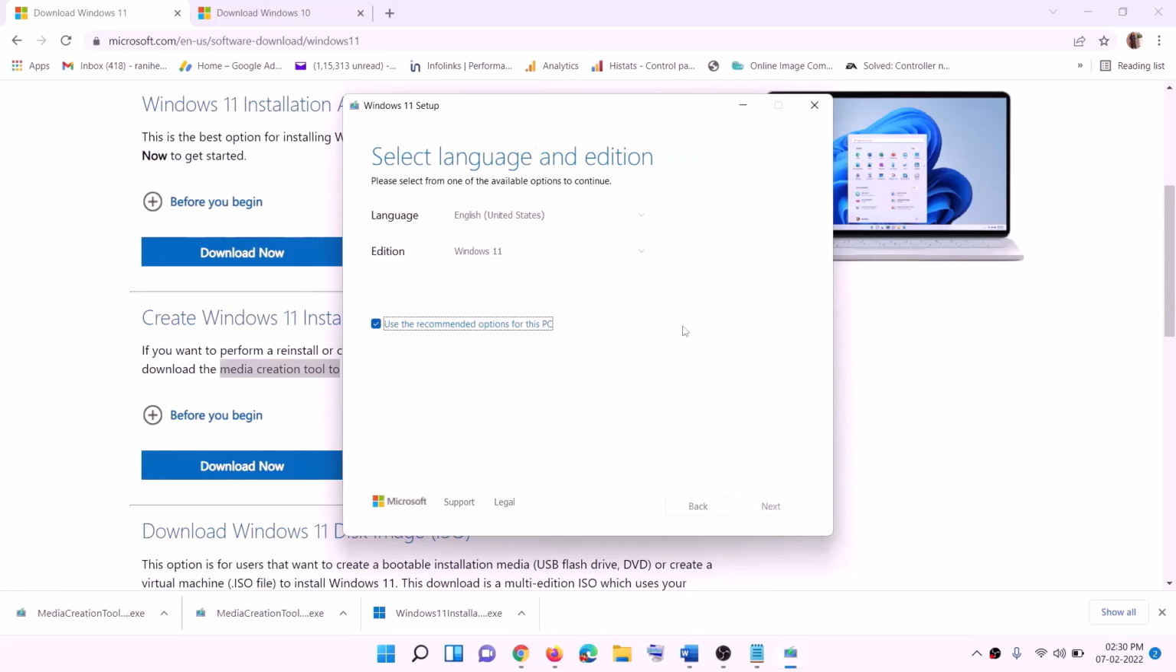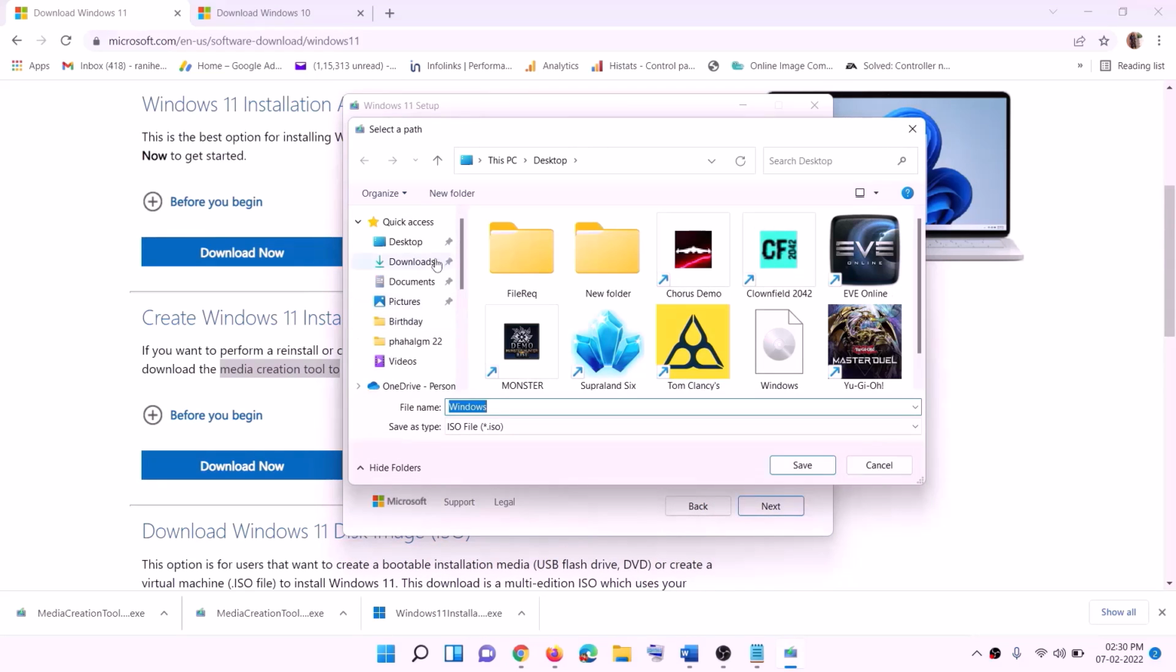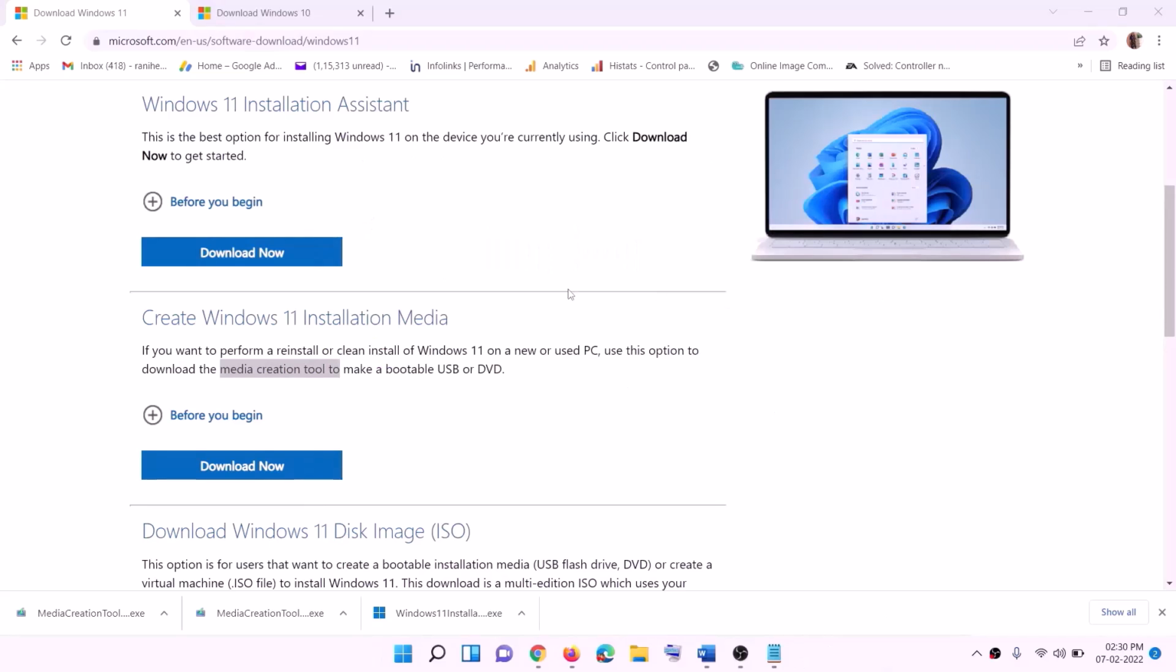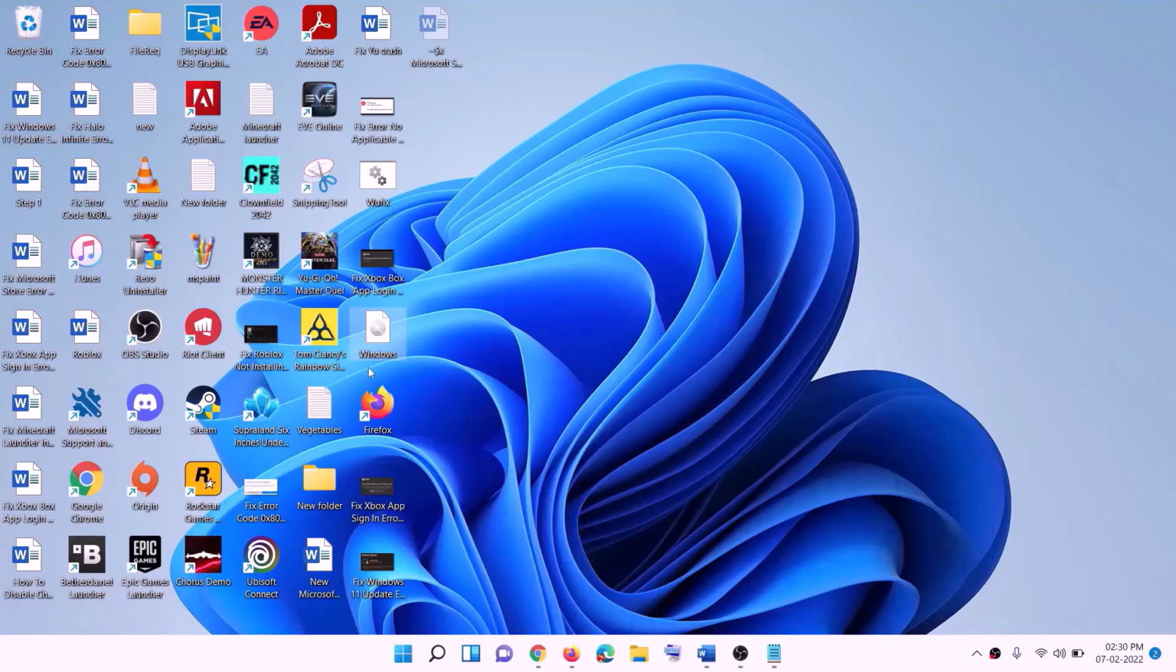Now click on accept. By default, Windows 11 would be selected. Click on next. Select ISO file, then click on next. You can save the location. You can set the location as desktop and then click on save over here. Now once the download is complete, click on finish and then go to desktop, find Windows ISO file,